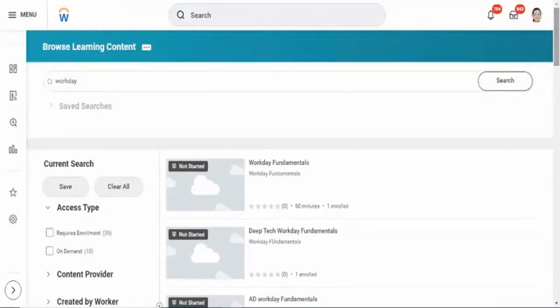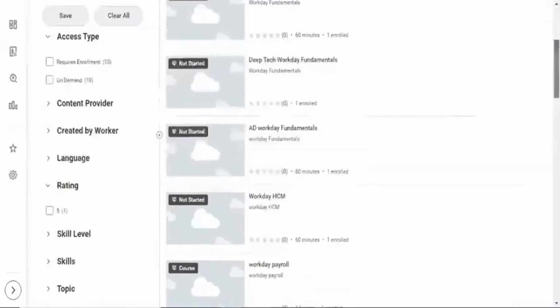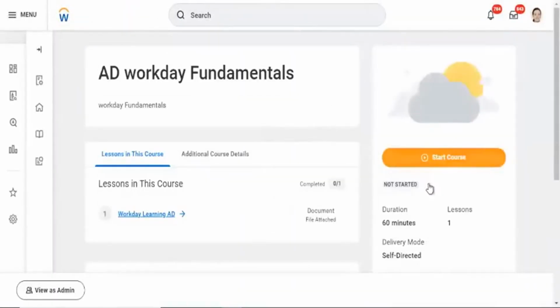How can we find out it is enrolled already? You will get an option. Let's say the course that I was trying to access is this one. After enrolling, only then you'll be able to see the option Start Course. Before enrollment, you'll not see this. When you see Start Course, there can be two cases. One is that there is no enrollment needed for this course directly, so you can start the course. Or once your enrollment is completed, then you should be able to see this course.